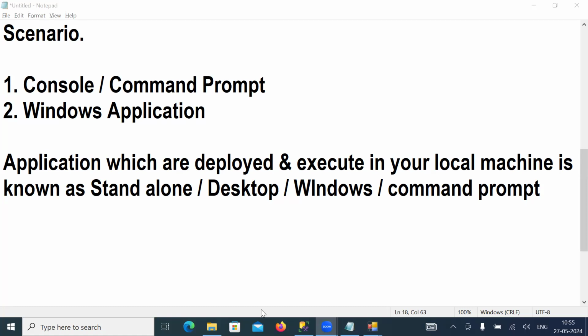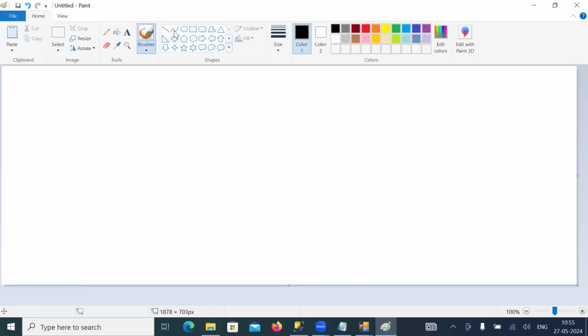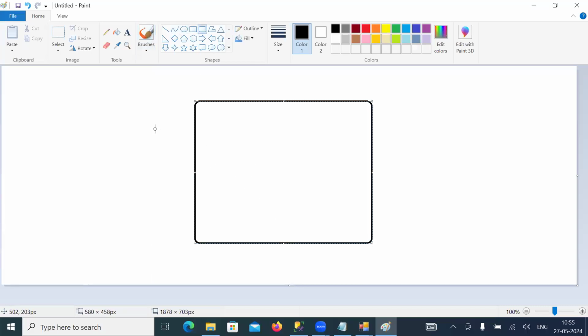Similarly, you have another type of application. Let's take an example. I have a server. In the server, I have